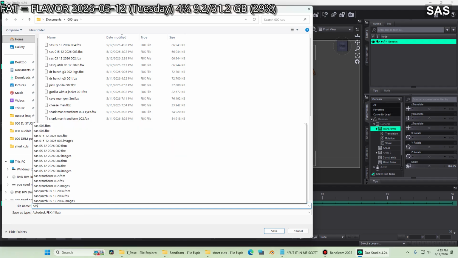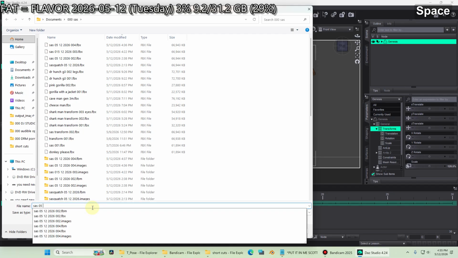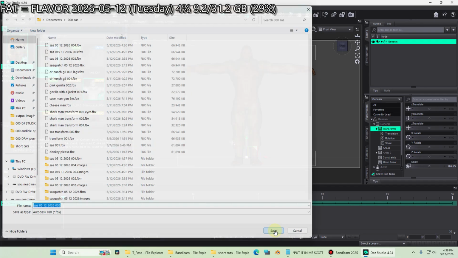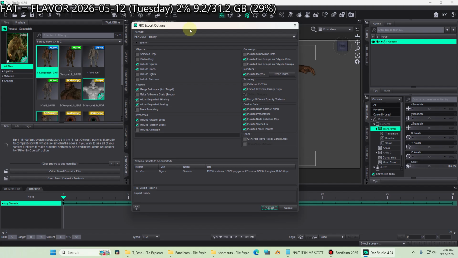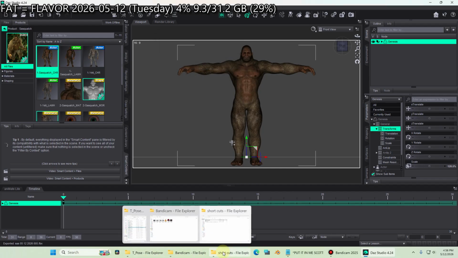So I'm gonna just save this real quick. So I'll call it Sasquatch. Today's 5/12/2026. Done this a few times today in testing, so called 005. This is the default settings that I prefer to use. Accept. And then while it's doing that, let's launch the